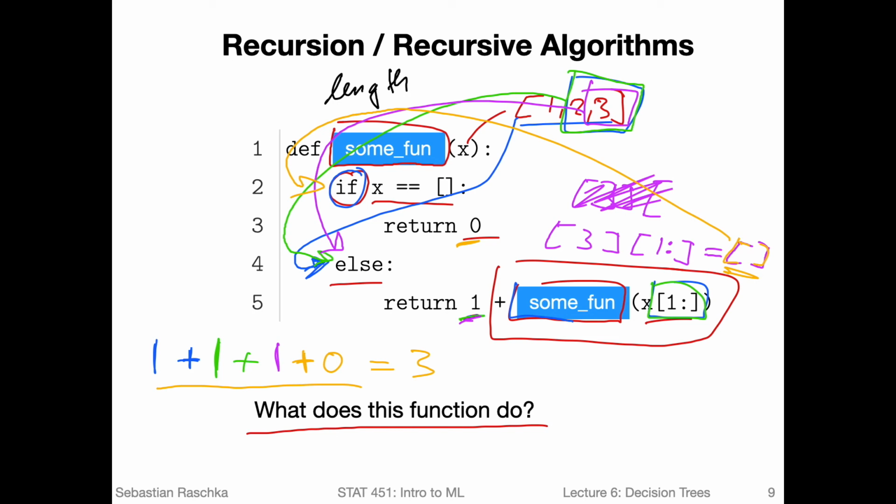And we are using the concept of recursion for that. So recursion, or recursive algorithms, means that we are calling the function itself. So if we have the function called SumFun, we are calling it inside itself. That is the recursive nature of this function. Of course, there are many other ways you can solve this. You don't need to use recursion.